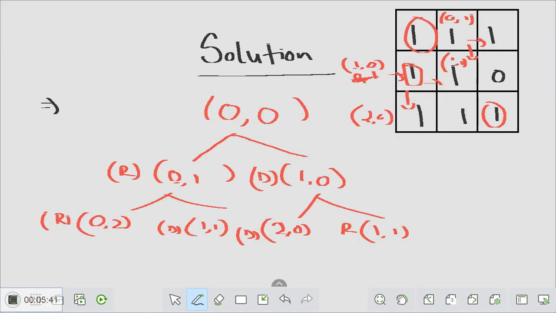Now from 0 comma 2 I have only one option, that is going to be 1 comma 2, and at this point I have a value which is 0 and this value doesn't allow any entry. So what I'm going to do is move to a point which is not allowing any entry. So this is the point, and from this 1 comma 1 what I can do is